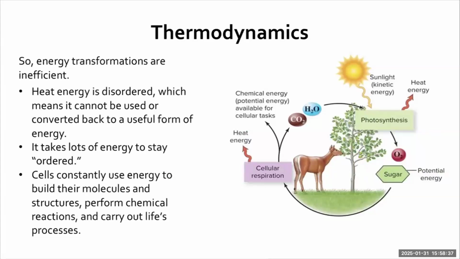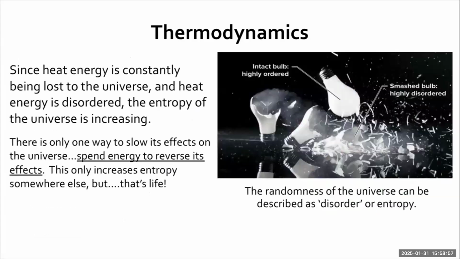So heat energy is disordered, it cannot be used, it's not converted back to a useful form. And so it takes a lot of energy to stay ordered, right? Cells are constantly using energy to build molecules, to perform chemical reactions, and to carry out life's processes. Since that heat is constantly being lost to the universe and heat energy is disordered, the entropy of the universe is constantly increasing. And entropy is essentially a measure of randomness,